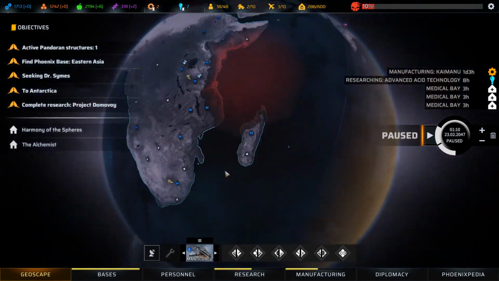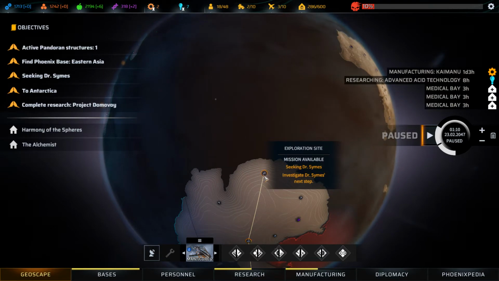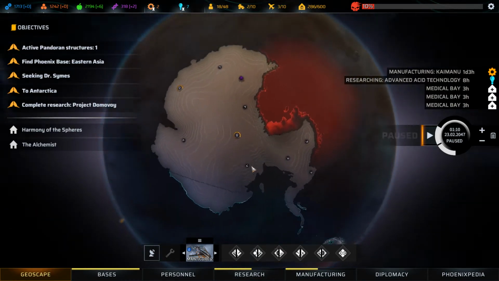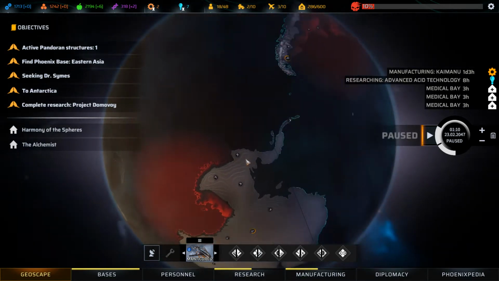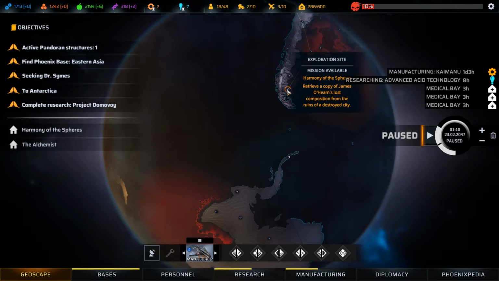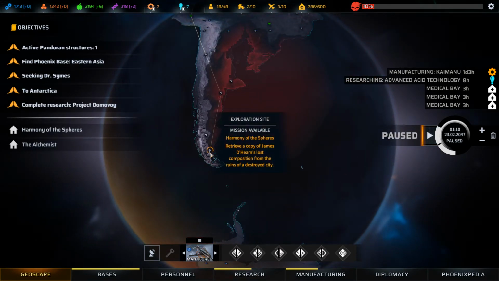Well, let us go ahead and head down to Antarctica then. We have some important stuff to do down here. So what is going to be the easiest way? Oh, apparently we're coming at this from the other side. We'll be coming through South America. Okay. Oh, I suppose we can do that Harmony of the Spheres thing. We did tell James O'Hearn that we would get his music back. And since it's on the way and everything...